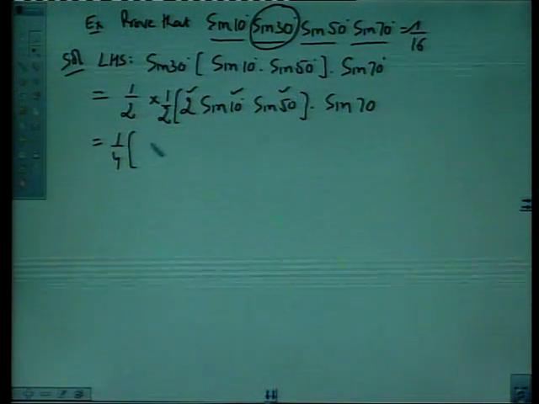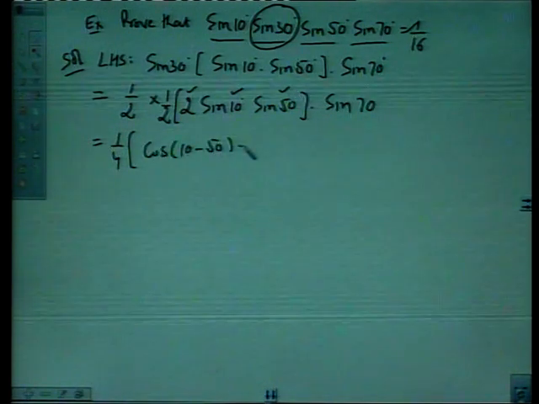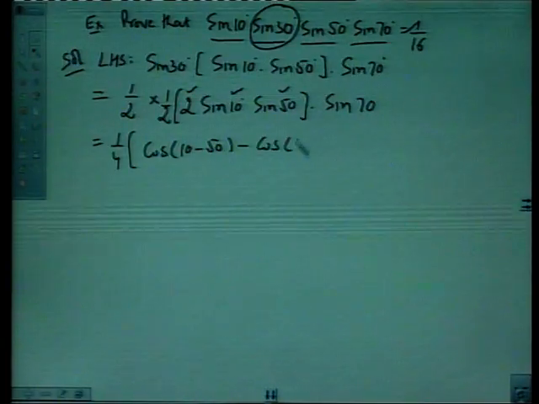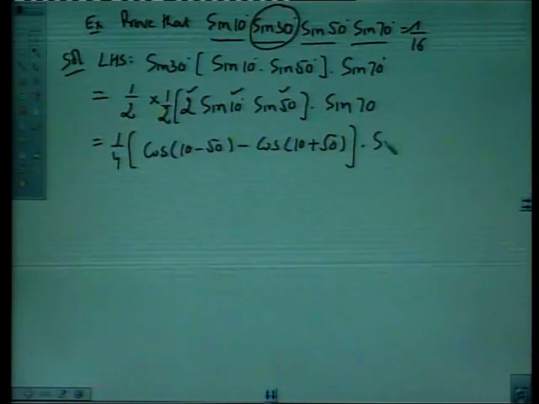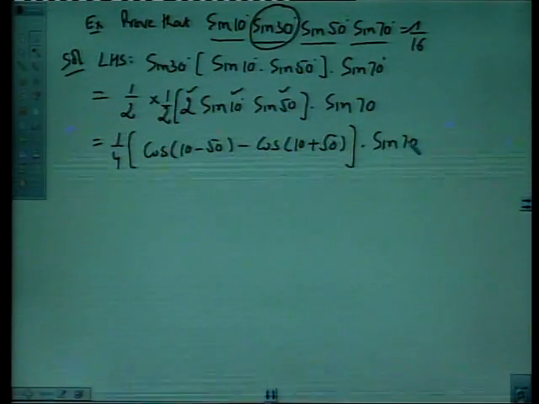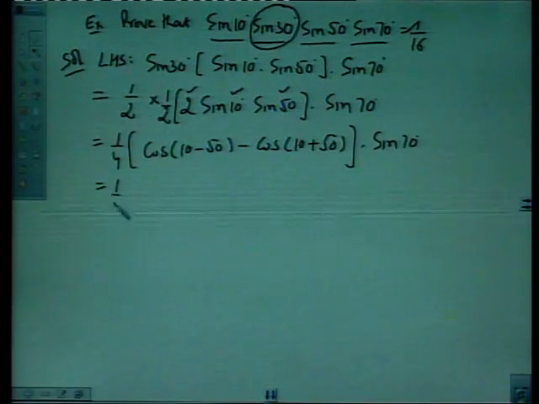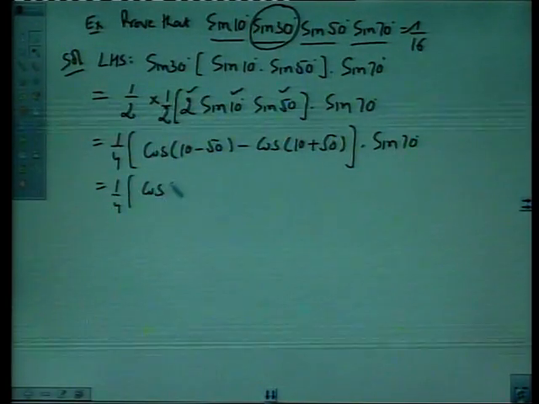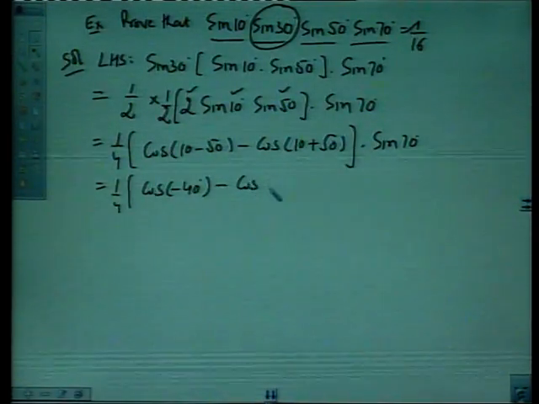It is cos(A minus B) minus cos(A plus B), into sine 70 degree. So it is 1 by 4 into cos of minus 40 degree minus cos 60 degree